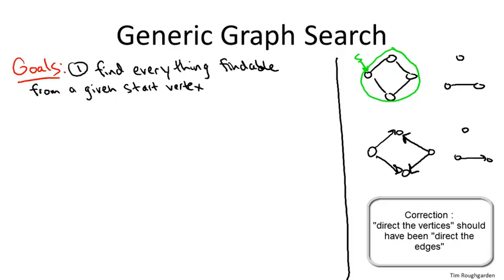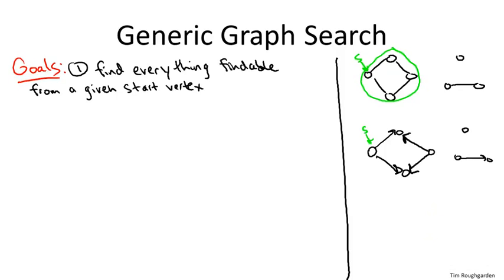So now the definition of the findable nodes is a little bit different. We're only expecting to follow arcs forward along the forward direction. So we should only expect at best to find all of the nodes that you can reach by following a succession of forward arcs. That is, any node that there's a path to from S. So in this case, these 3 nodes would be the ones we'd be hoping to find. This blue node to the right, we would no longer expect to find because the only way to get there from S is by going backward along arcs. And that's not what we're going to be thinking about in our graph searches.